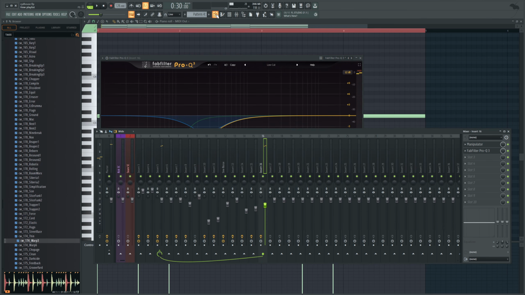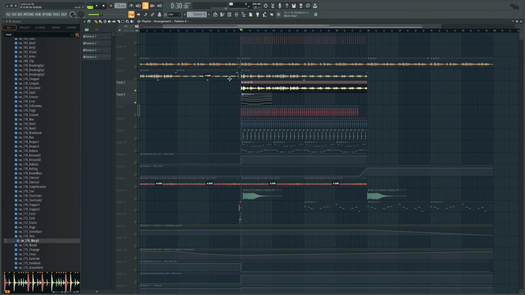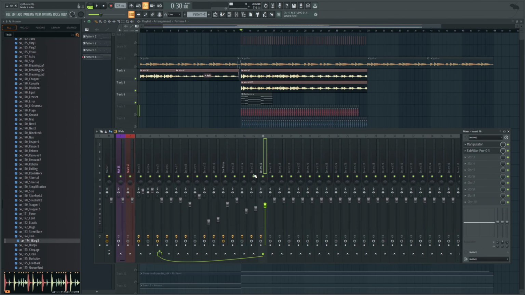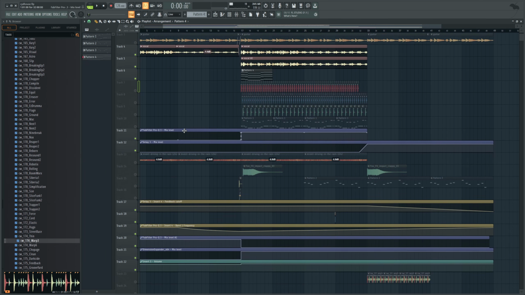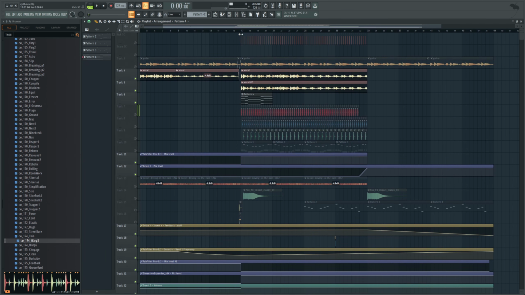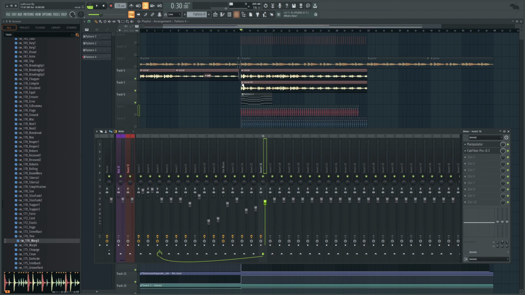So I've demonstrated enough about how this sounds on its own, and as I say, not that great. But when we throw our original vocal back on and listen to this again, you're going to hear how this now just kind of makes your vocal in the background follow the chords of your track, and it's just going to make it sound bigger. So right now, with it off, it sounds like this. Whereas with it on,